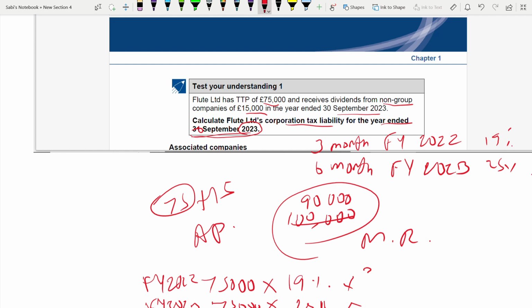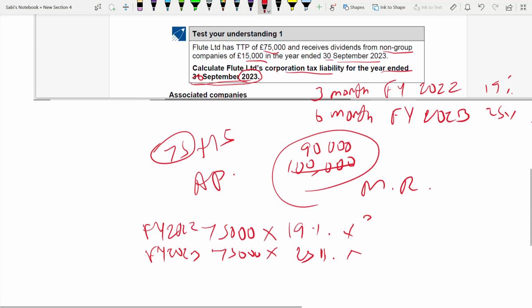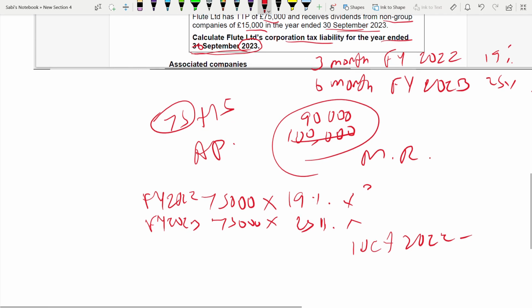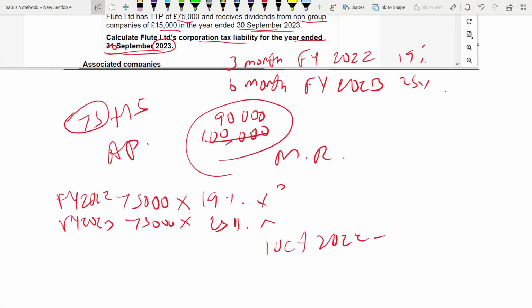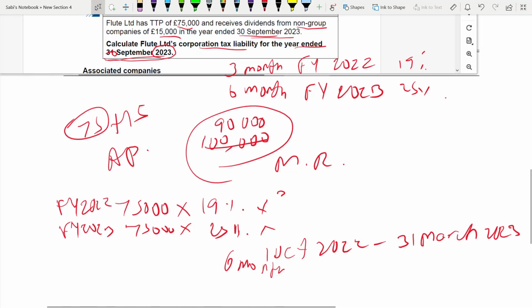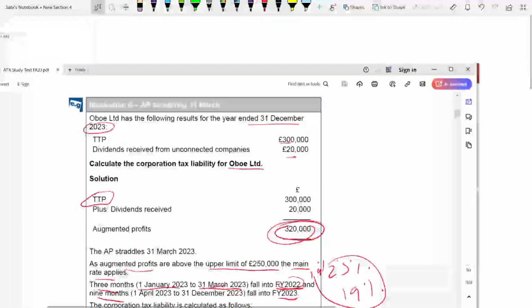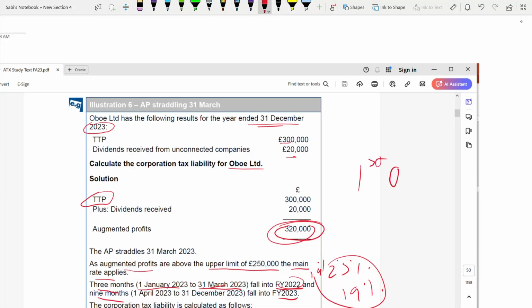Now, it's not from 1st of January. It's year ended 30th September, so the year will start from 1st October 2022. So this is what happens when the year goes wrong, when your calculation of the months goes wrong. And it's still 31st March, because till 31st March is the year of this accounting period. So it is 6 months. I was thinking it's from January to September. No, this one was different. Year ended, because it was prepared on 1st January, it's from 1st January to December. This is from September to September. That's why the issue came.